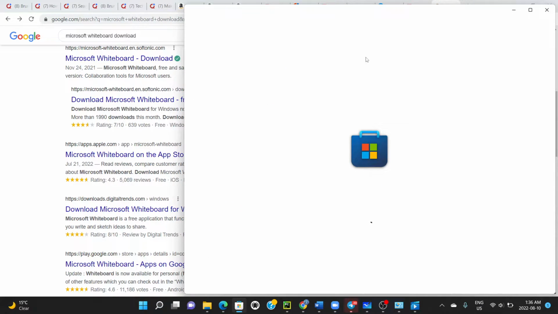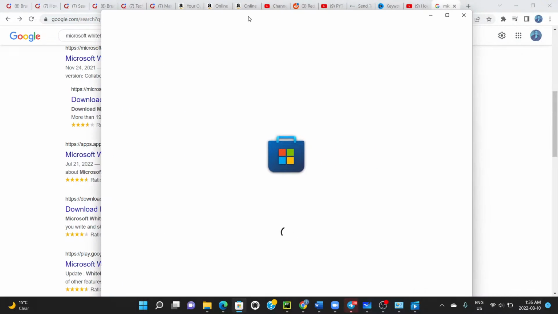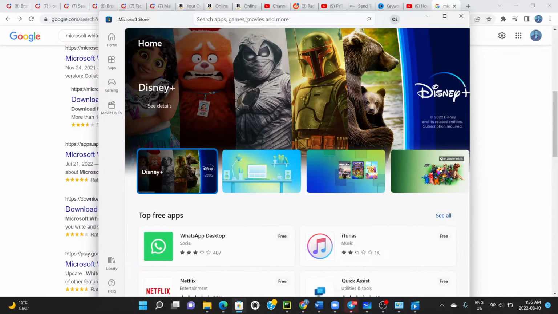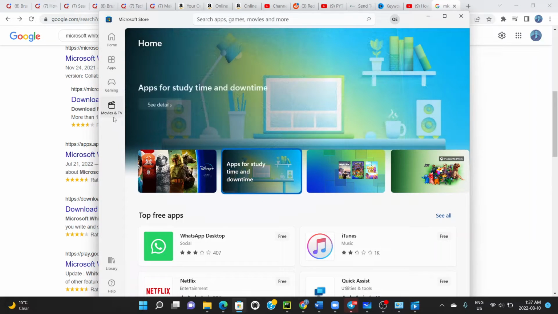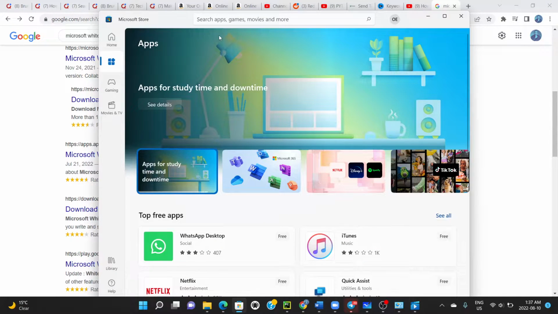Once you're in your App Store, it loads. It looks like this when it loads, so just give me a second. Once it's done loading, you can see this is the way it displays here. You can see the home, the apps, the gaming, the movies and TV. Just go right here where it says apps and click right there, and at the top here